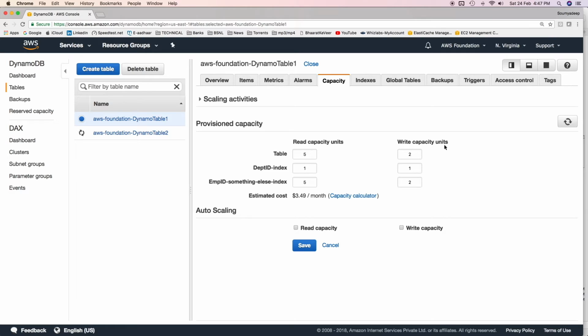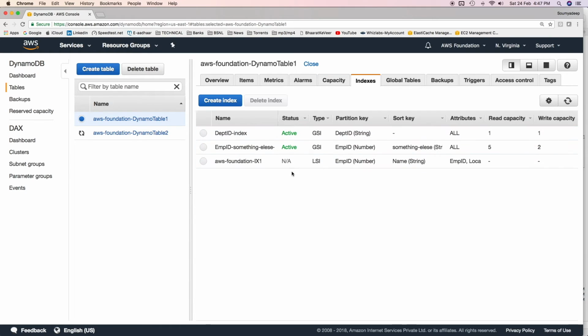For the table, the read capacity unit is 5 and write capacity unit is 2. For the department ID index, which is the first GSI, RCU is 1 and WCU is also 1. For the second GSI, which is employee ID and something else index, RCU is 5 and WCU is 2.